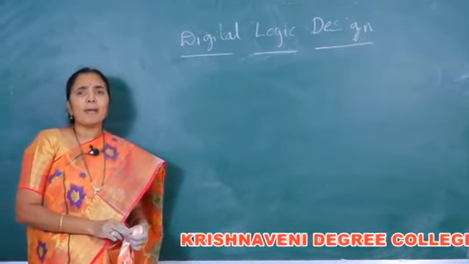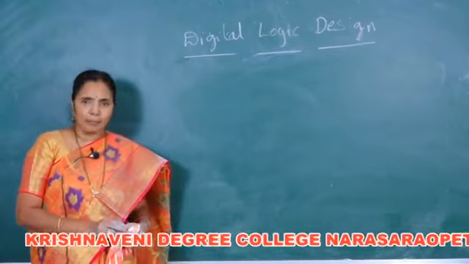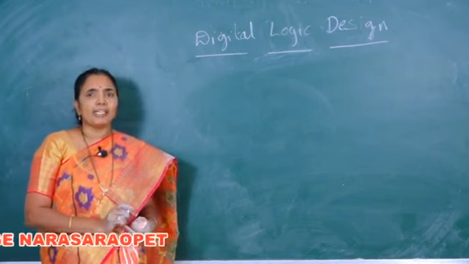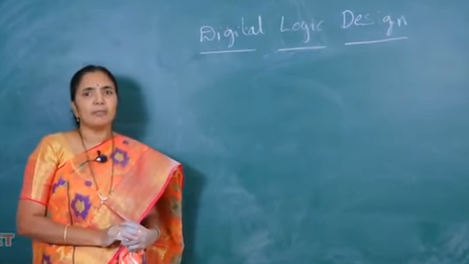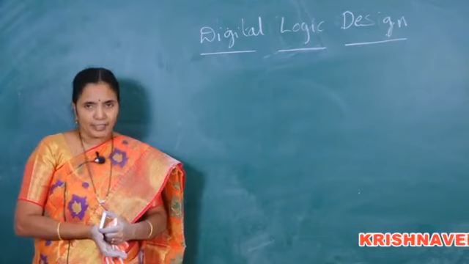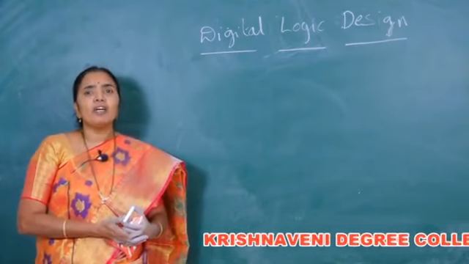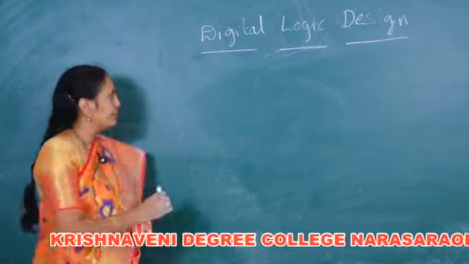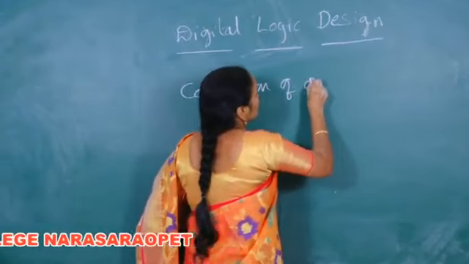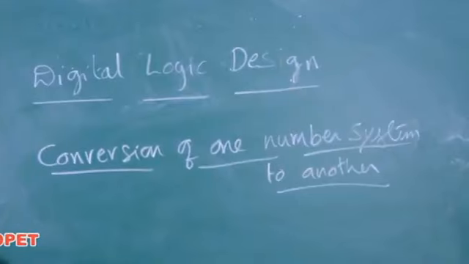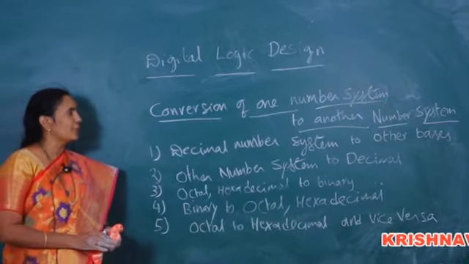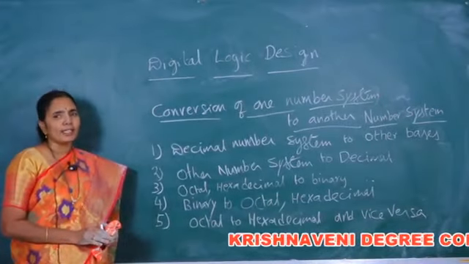We can use different number systems in order to pass the information to the computer. But if one has passed the information in one number system and another has passed the information in another number system, then there should be a process of converting one number system to the other. So, now let us discuss how to convert a number in one number system to another number system.